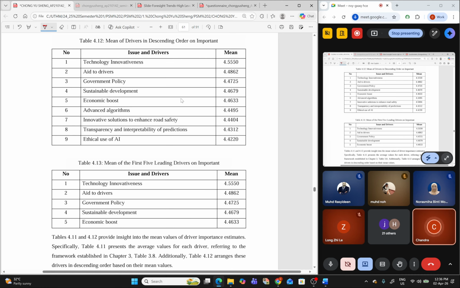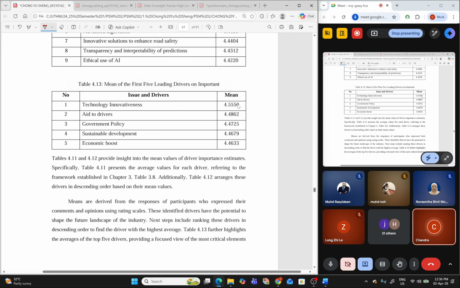Okay, kalau kita aturkan dia, saya akan ambil 50% yang atas saja. Saya fokus dekat sini saja. Yang ini saya takkan fokus, saya tak nak ni. Jadi driver saya akan fokus adalah 1, 2, 3, 4, 5. Yang itu you akan tulis dekat sini. Mean of the first 5 leading drivers, you akan tulis dekat sini. Ini cara. Ataupun you nak semua ambil semua pun boleh, ikut supervisor. Okay.